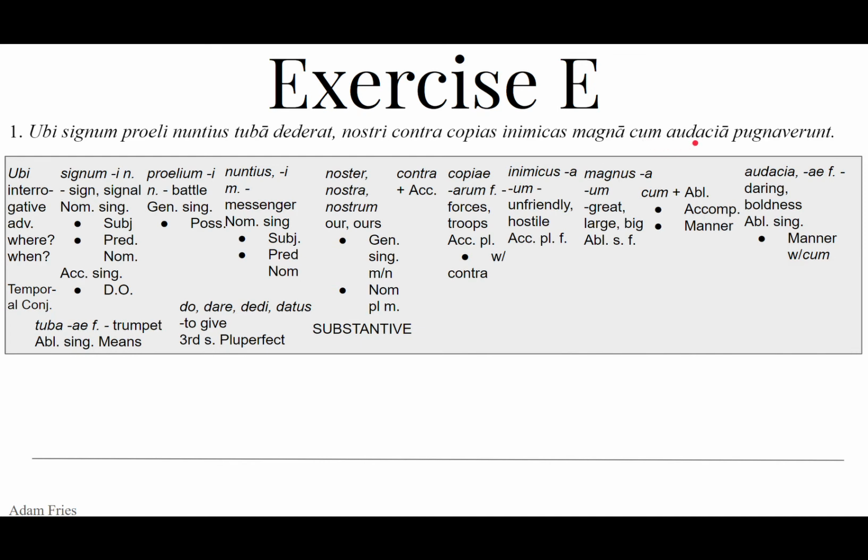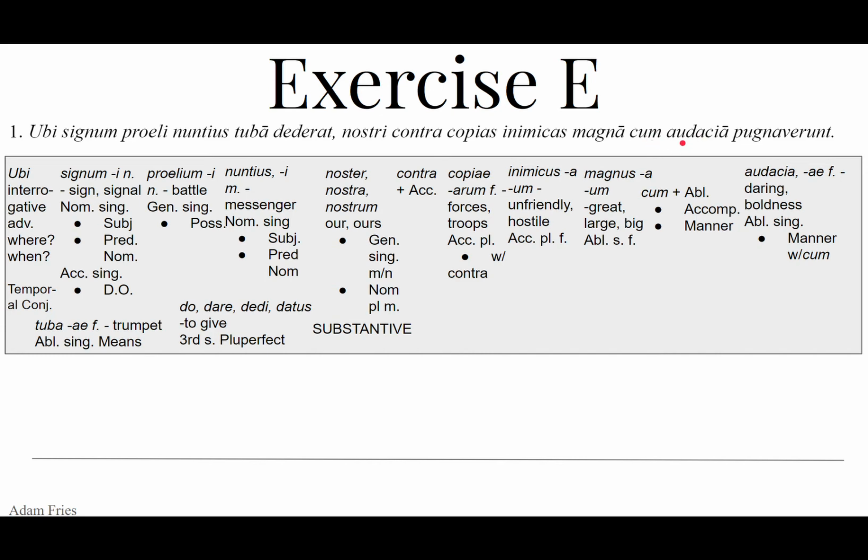Notice it is a prepositional phrase, even in Latin, and the word order must be adjective, preposition cum, and then the noun. If you want, you can omit the cum. You don't need it. You can just say magna audacia. If there were no adjective, magna, and you just wanted to say they did something with boldness, with daring, you must use the preposition cum plus the ablative, cum audacia.